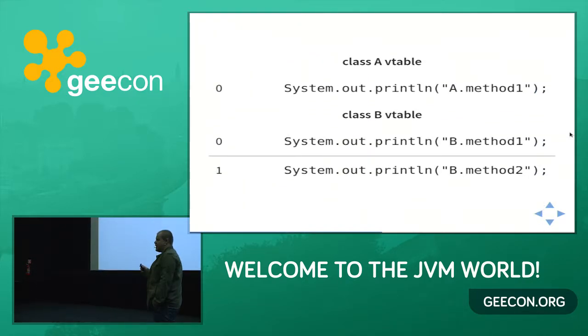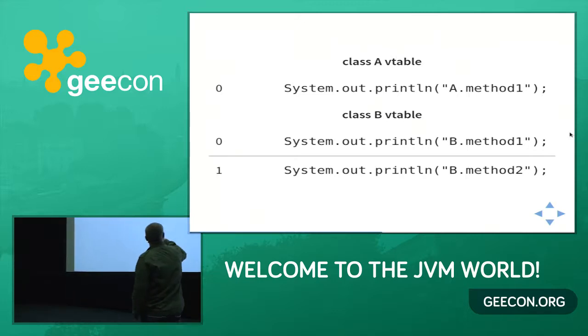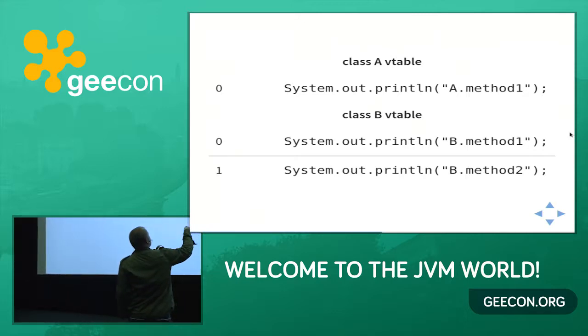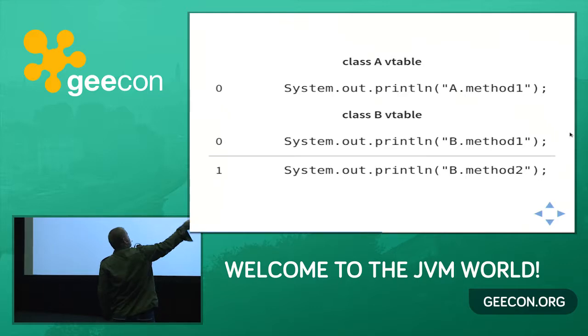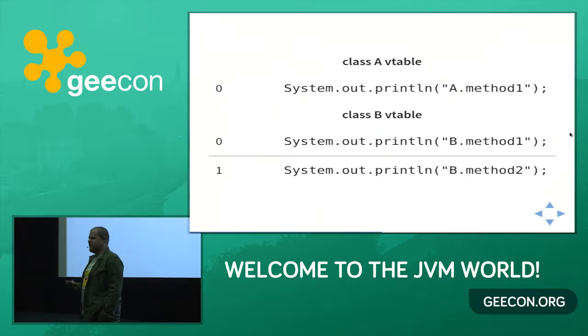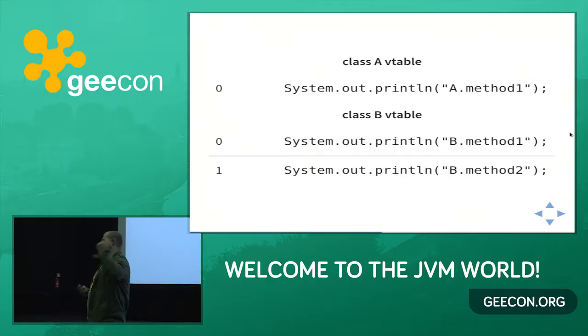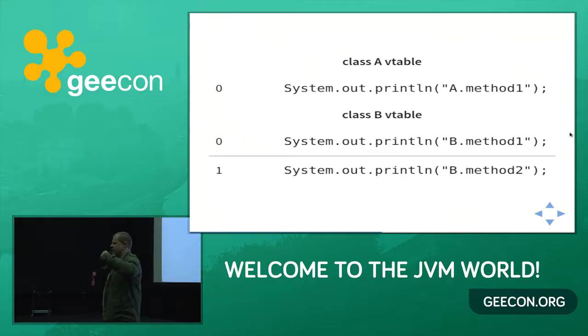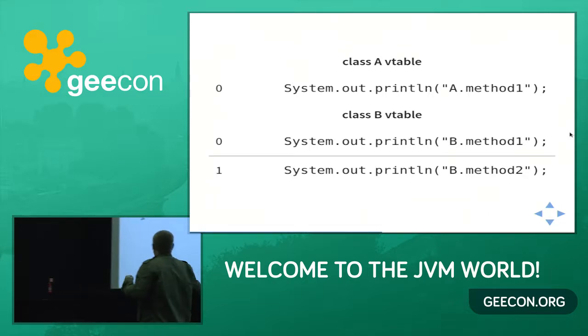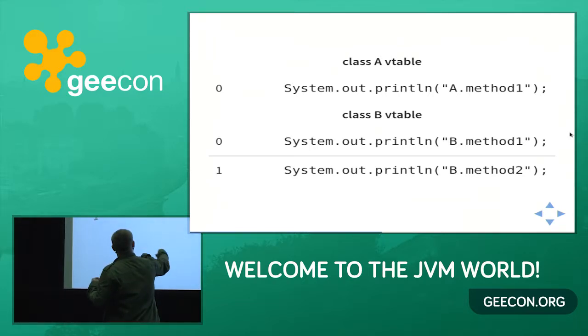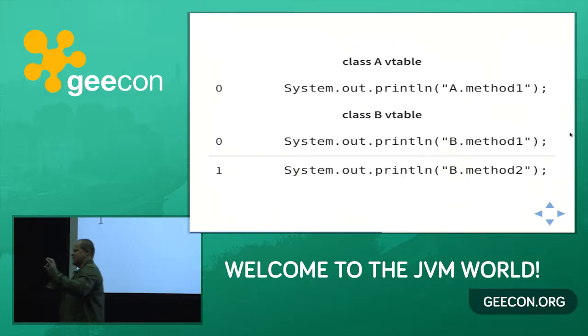Okay? Simple. So what Java does is when it's loading your code, it creates a virtual table for every class. This is different, for example, from Smalltalk implementations where the virtual table was global for all code loaded in the system. And this table looks like this. On the index 0, I have a method, this is my method. When I extend something, Java takes the virtual method table from the base class and puts things on the proper indexes. The trick is that if you override, the overwritten method will be on the same index.